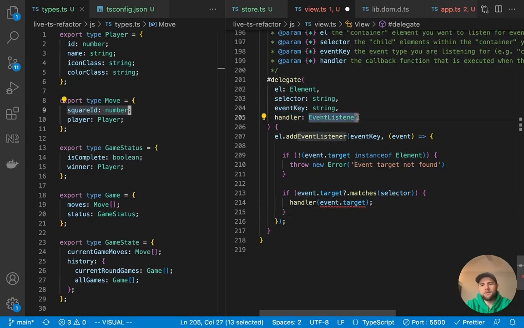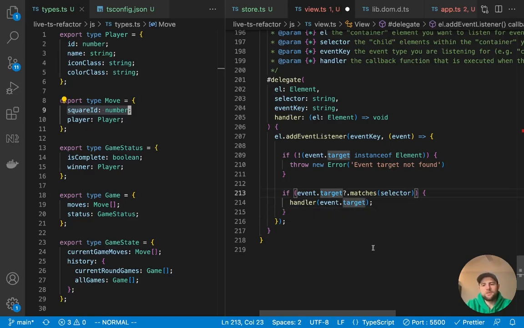So I have typed this as if we were passing the event, but really what we're passing is the element. So I need to type it accordingly. So we're just passing a function that is called with the element as the first argument, and it doesn't return anything. So now there's nothing wrong here and we're okay.